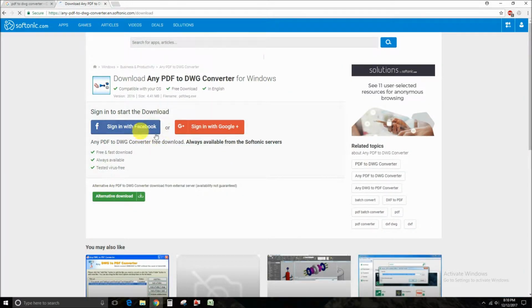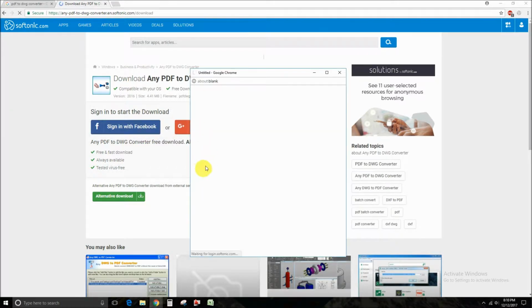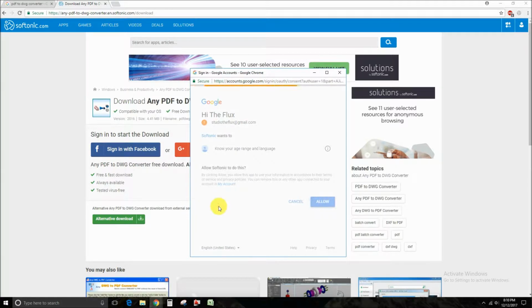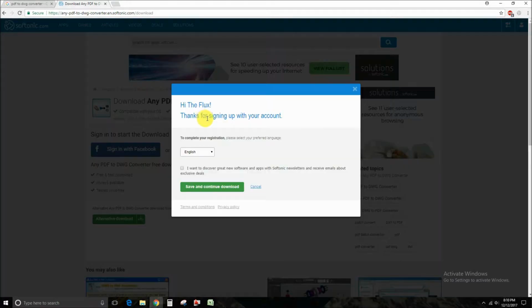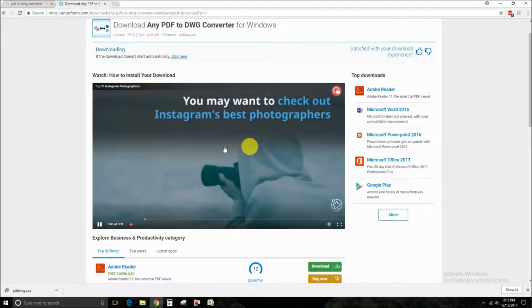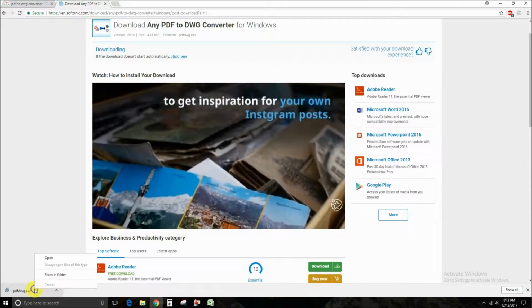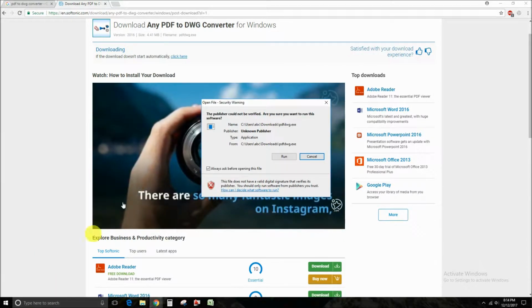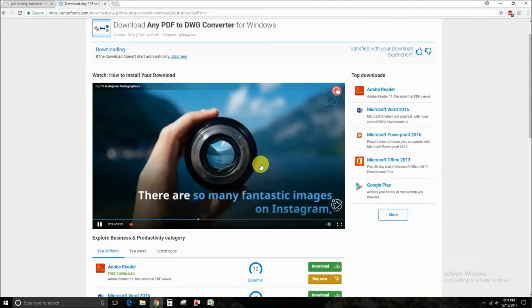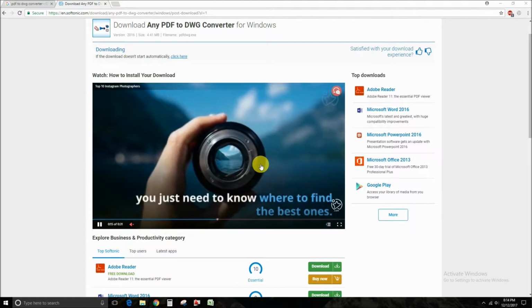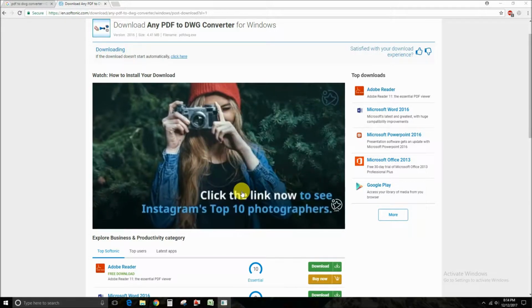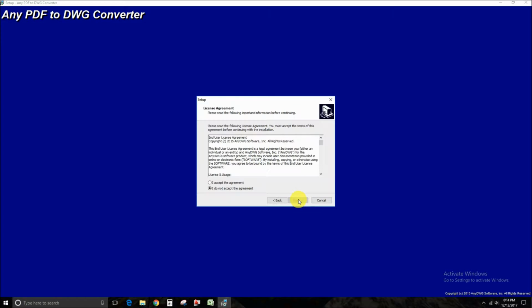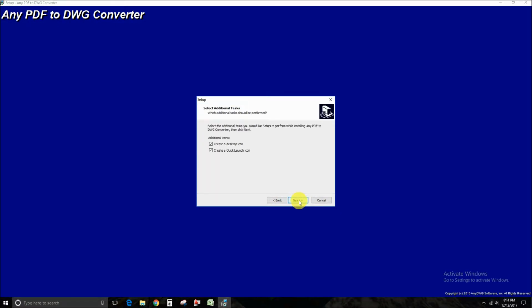Here it is asking to sign up with Google or Facebook, so I'm going to sign up with Google. Now here you can see that my file is downloaded. Now I'm going to open it. After opening it, what I have to do is install it. I have to accept the agreement, and then